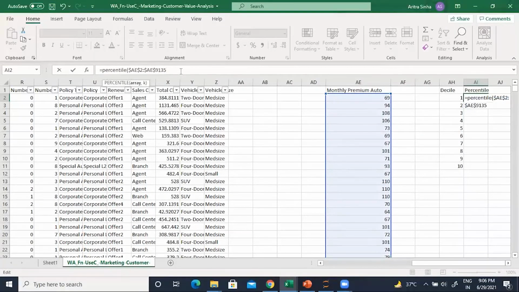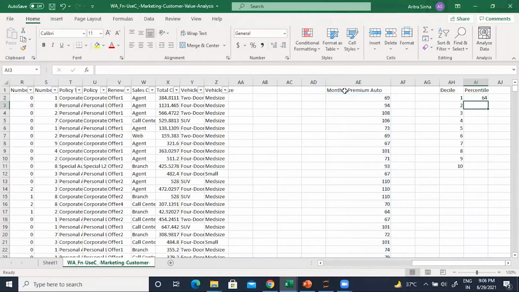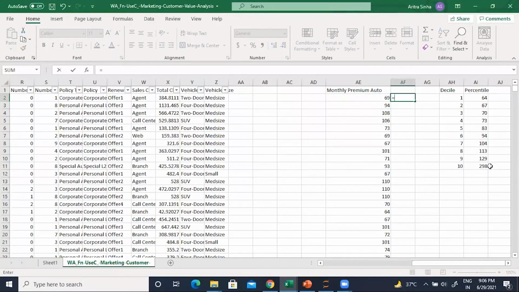F4, fix it up, and then we say this divided by 10. So this is 64. These are the cutoffs actually. If this one is less than or equal to this number, then it becomes first decile, else